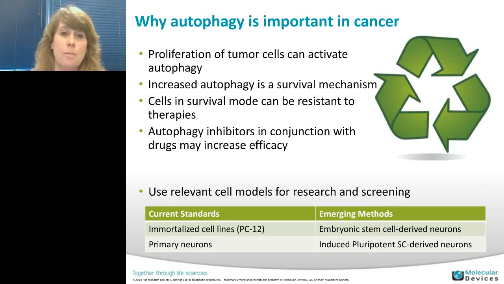For one thing, the proliferation of tumor cells can activate autophagy, and increased autophagy in cells is a survival mechanism. Now, autophagy is a normal activity of cells for recycling used organelles and spent proteins and things like that. And cells in survival mode, though, can be resistant to chemotherapies. So a lot of cancer research is looking at using inhibitors of autophagy in conjunction with chemotherapeutic drugs to increase